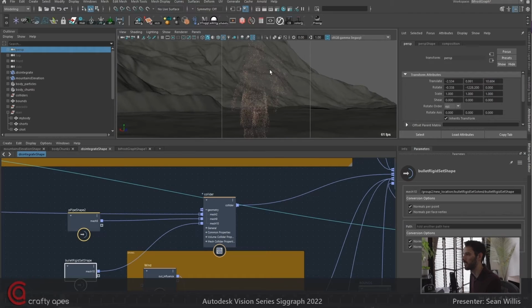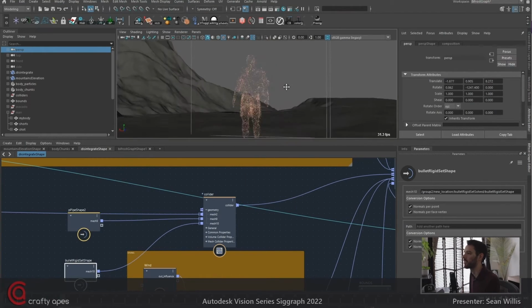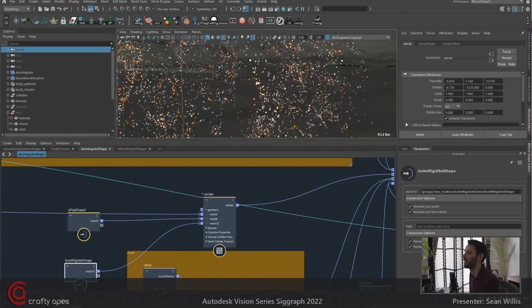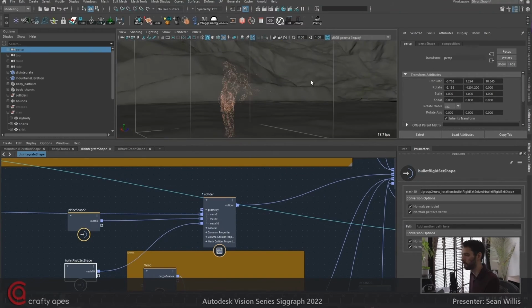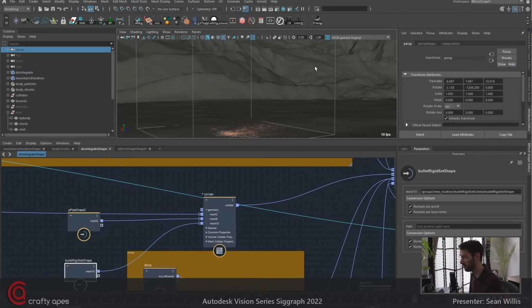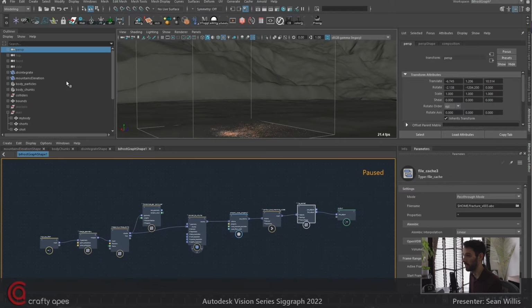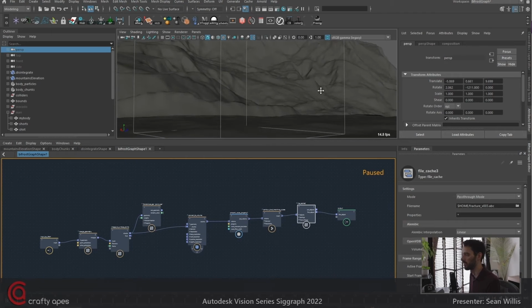And we have the proxy, which is slightly smaller. And then we have the render, which really scales up the particles. It makes them much fatter, and it changes their point display to being spheres. So now, even at the final resolution, this is playing back fairly fast. We can get 24 frames a second if I turn off everything else that's calculating in the scene. But that wouldn't look as cool. So we're going to do this.